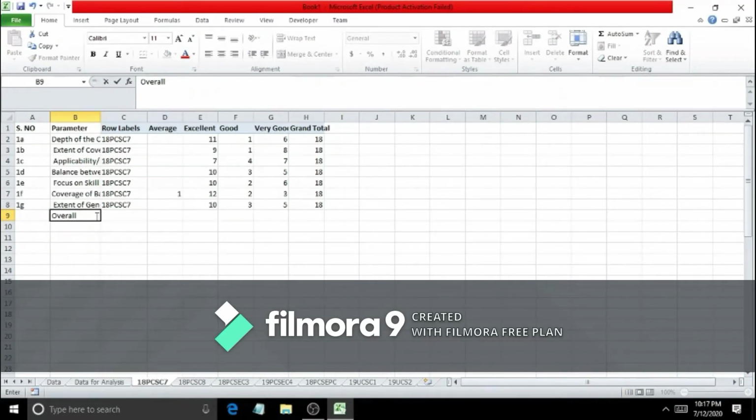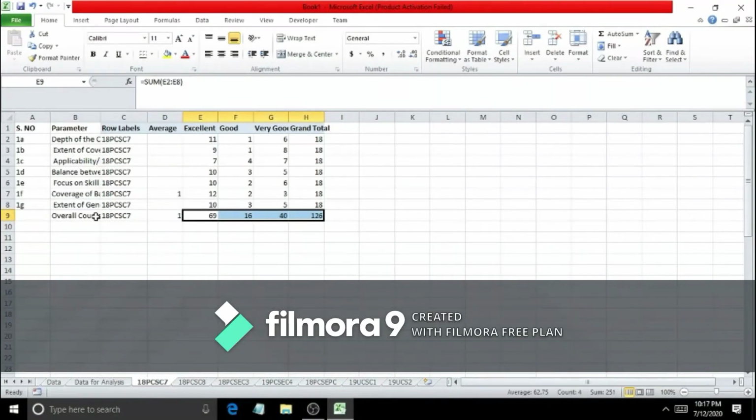Give the overall course analysis in the column B. Then you have to apply the sum formula for finding the overall feedback per course.